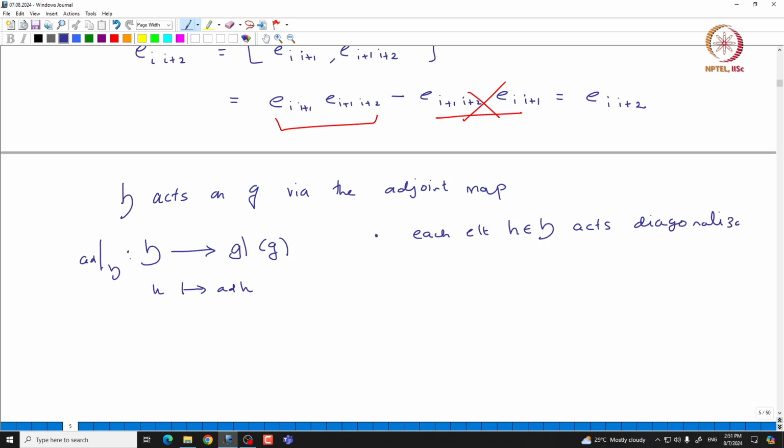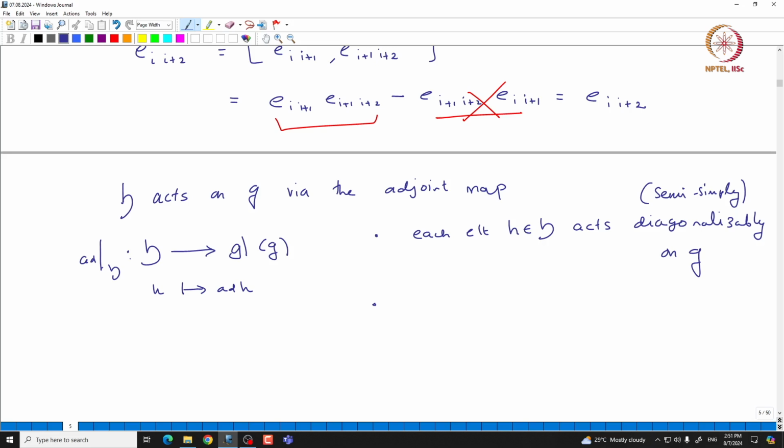Diagonalizable on g. So, we also use the word semi-simple. And we can actually write this down, since h is abelian. So, we can actually make h act semi-simply. So, in particular, we can talk about simultaneous